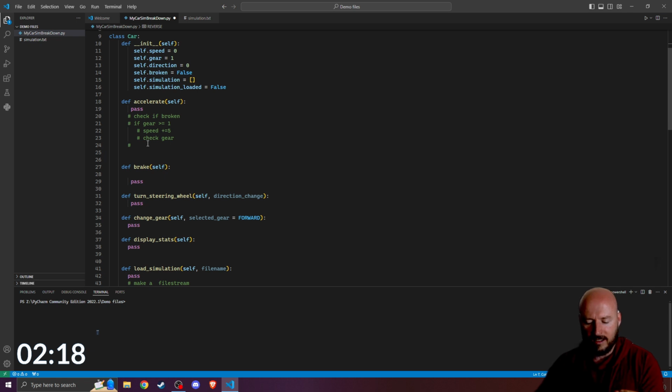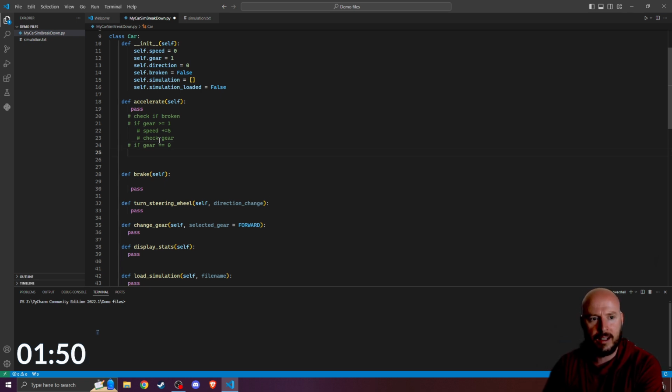So once the car is in reverse, if gear is equal to 0, because we don't need it to be greater than or less than anything, the reverse gear has a single value, where a forward gear has many values. So it could be 1, 2, 3, 4, or 5. The reverse gear is equal to 0 and always 0, which means that all we need to do now